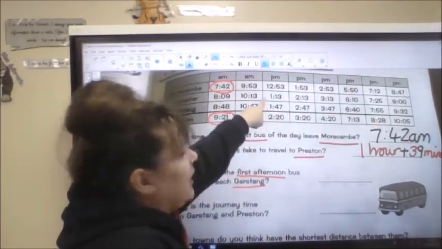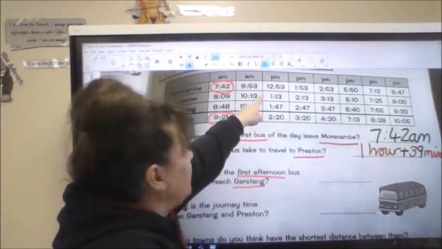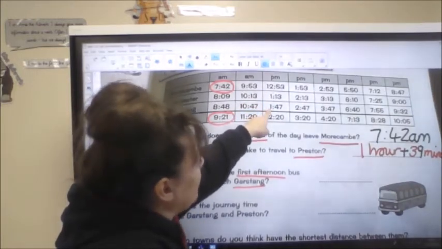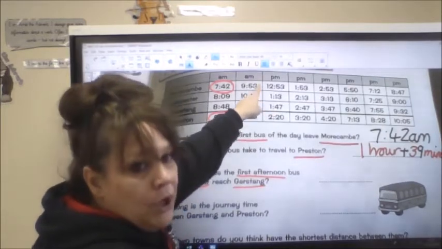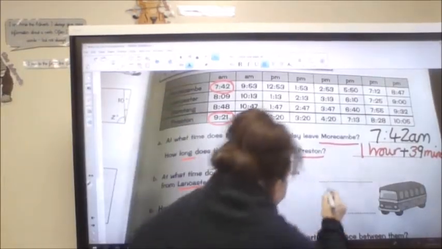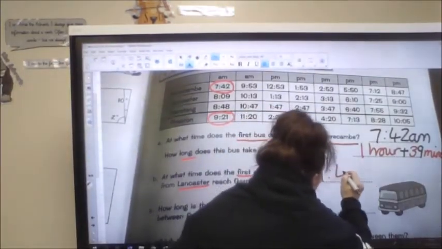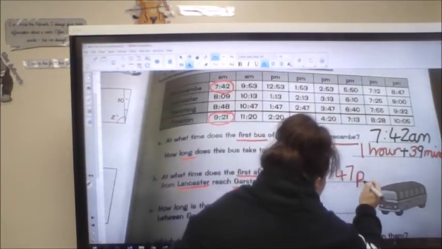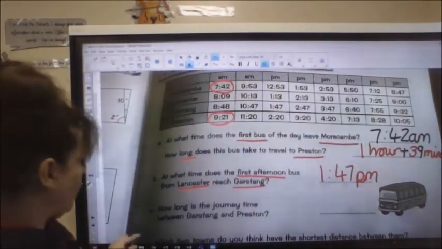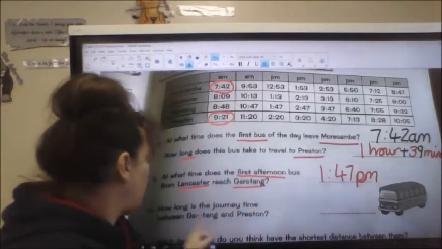So I'm looking for Lancaster. I go across. It leaves at 1:13, but that's not the time I'm after. I'm after what time it arrives in Garstang. And it arrives at 1:47. Now remember, we're dealing with PM now, so I need to put PM. 1:47 PM. That's nice and easy. That's just reading the numbers off the chart. So then how long is the journey time